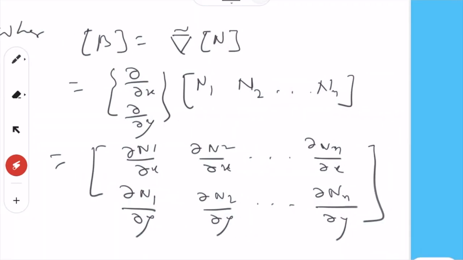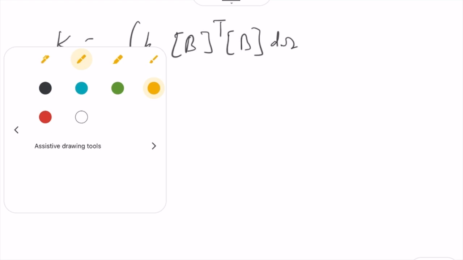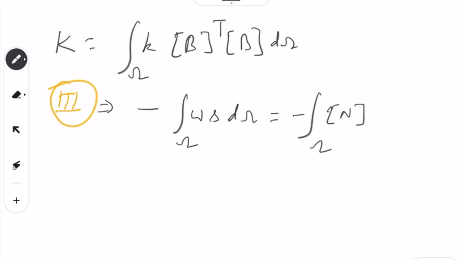So number 3, we have simply this minus omega w s d omega, and we know that w we wrote as n, and then we had w, then s d omega, we can write it as